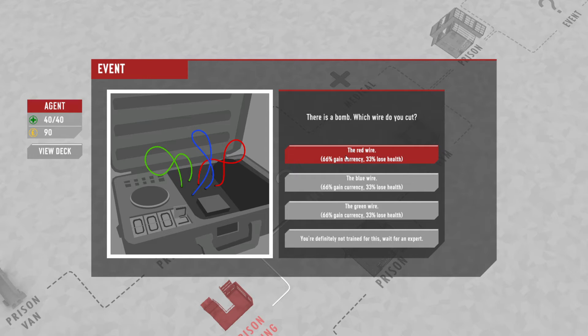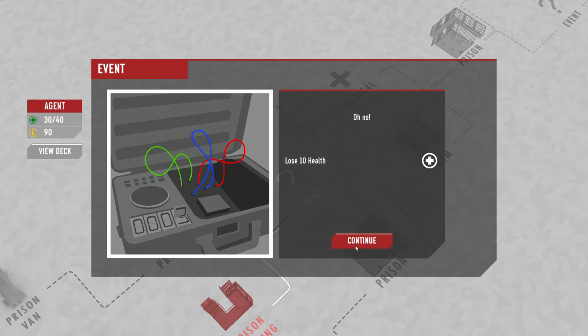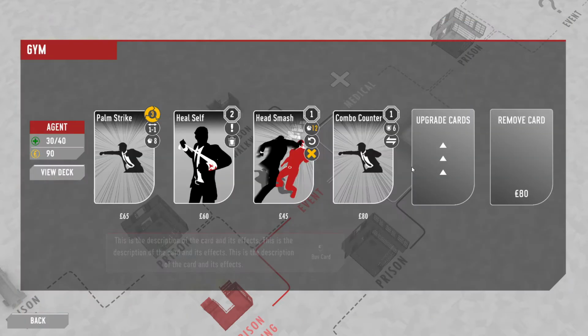Let's see, this one, I want money, so if I lose a little bit of health, I don't think it's that much. It's worth doing. They're the same odds for each, so we'll cut the red wire. And we lost 10 health, which is unfortunate, but we're...